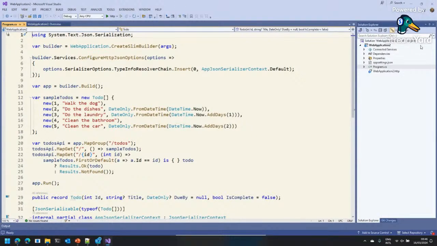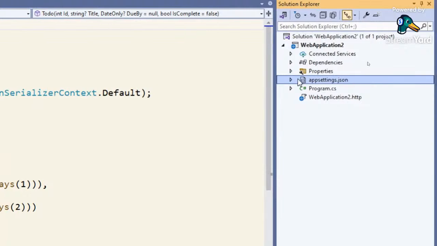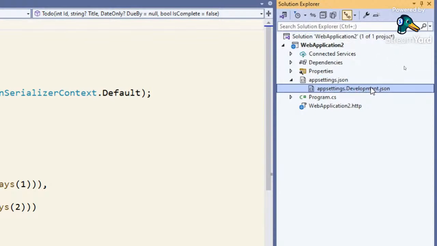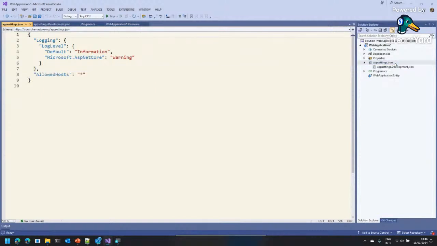Simple application, the app settings file is right here. We get it by default in the ASP.NET template. It has a normal non-environment one and then a development one. What's in there is very little. There's just some logging. That's it by default. So what we usually do is we add connection strings,